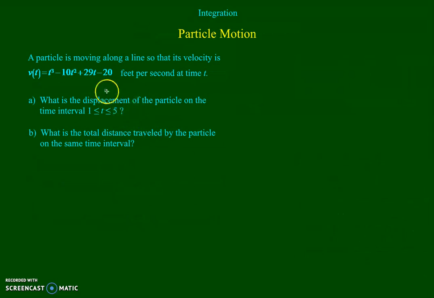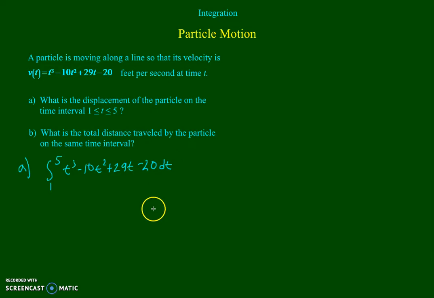In this problem, we have a particle moving along a line, and the velocity function is given by this expression, and we're looking for the displacement of the particle on the time interval from 1 to 5 seconds. So that's all we really have to do here for displacement, is to take the definite integral. So for A, we want the integral from 1 to 5 of t to the third minus 10t squared plus 29t minus 20